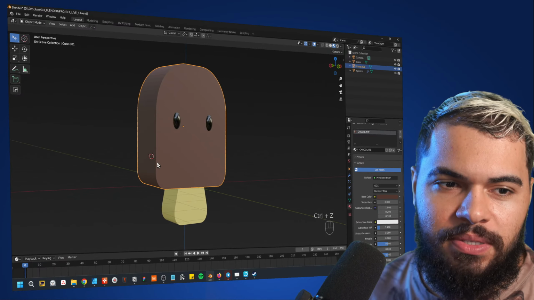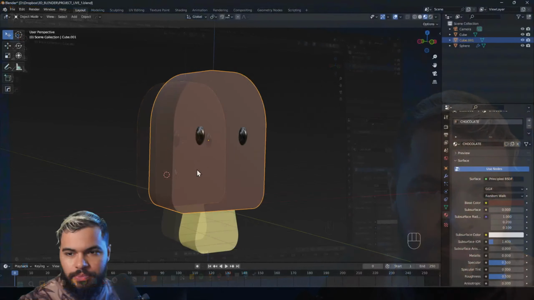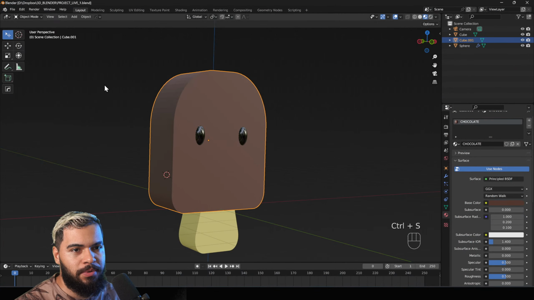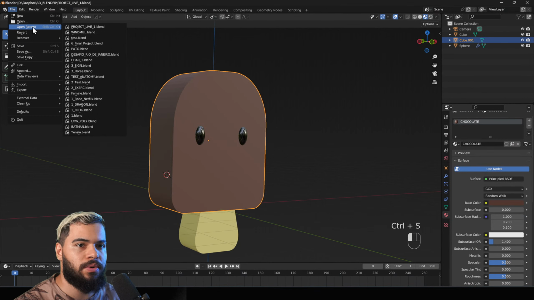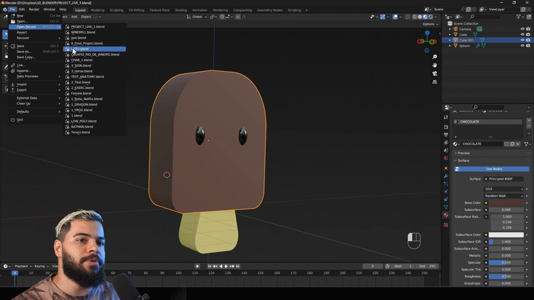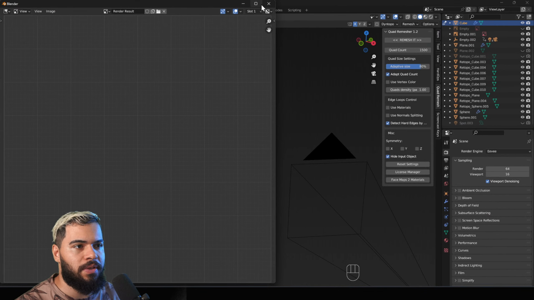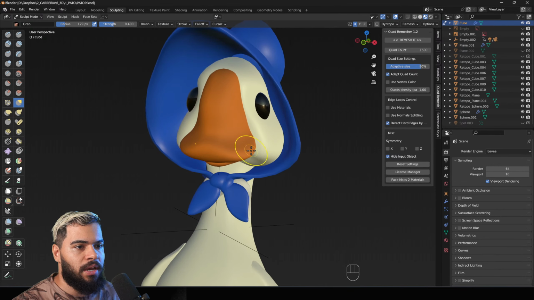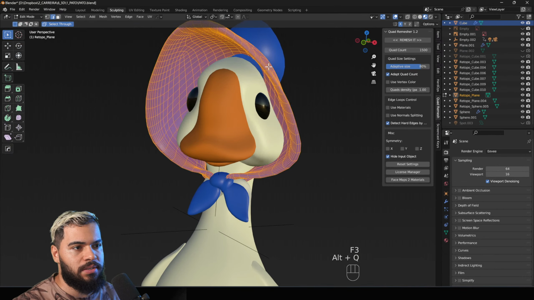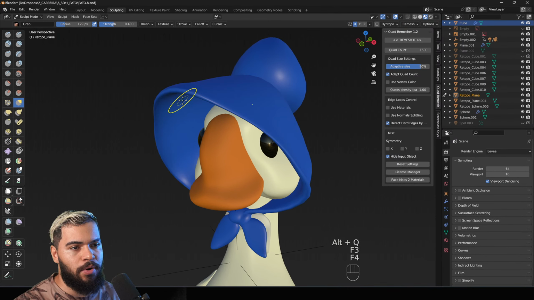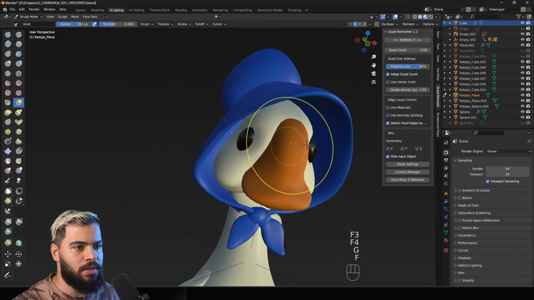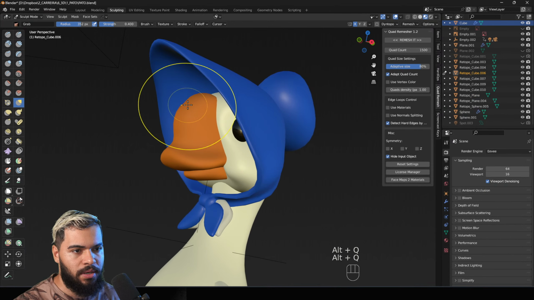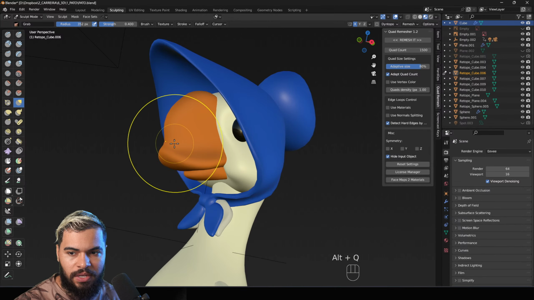Guys, the sculpt mode is this one that I'll show you. What I love a lot about sculpt mode, but before I show you how you can handle that, sculpt mode allows me to make something like this. Let me show you. This was a project that I made, just to give you context. The sculpt mode allows you to do this. Can you see here? I have this object, this one here, the beak. I can change the size.